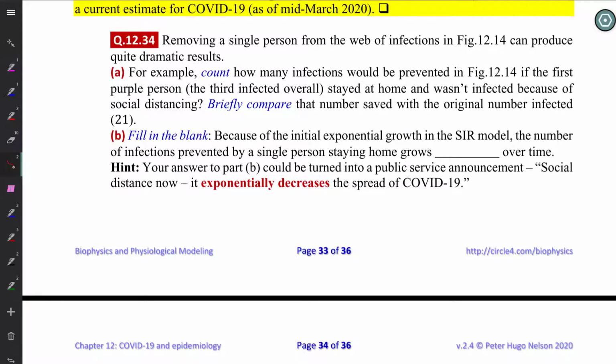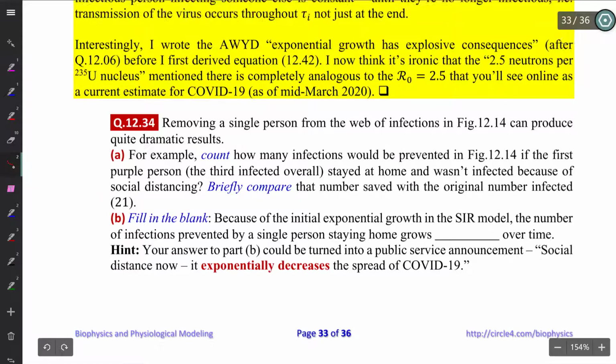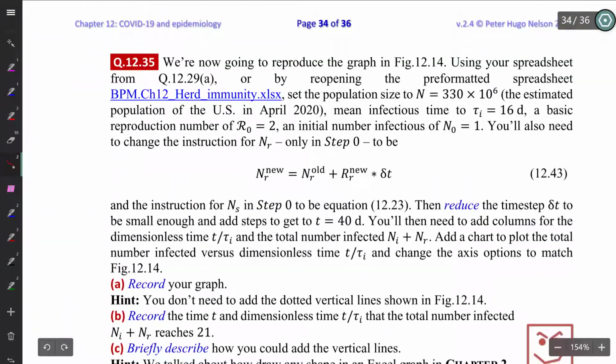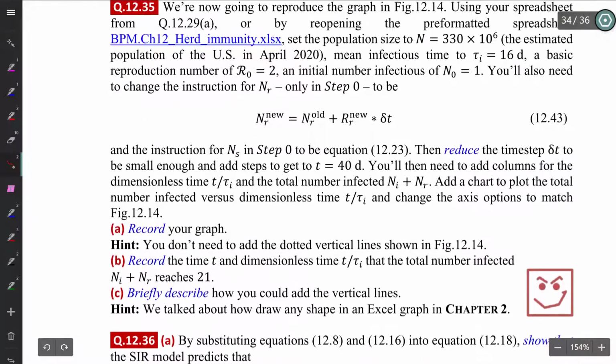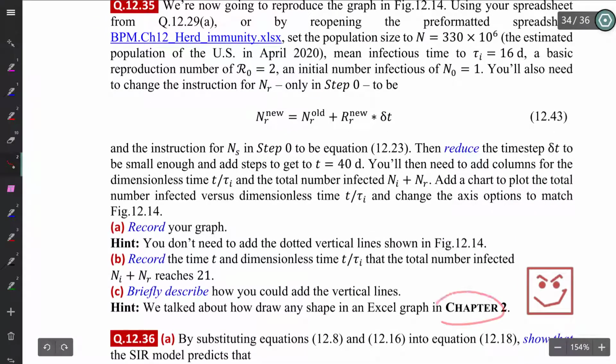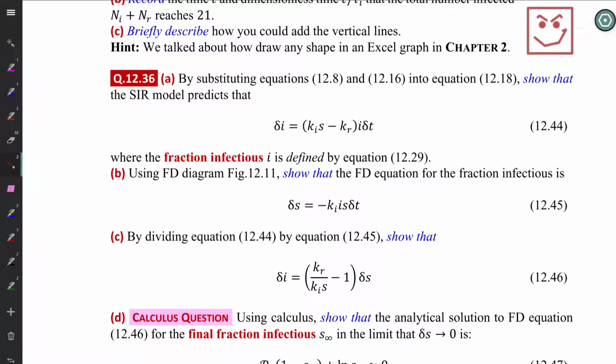Alright. Oh, and we have a public service announcement, so I think this is kind of fun. You should go through that. It's really a fairly straightforward little exercise. And then, so this is the herd immunity thing, and I talk about stuff and refer back to chapter 2 where we learned how to draw cool things in Excel graphs if you want. And then the explanation of how S infinity works is going through this, and I kind of would like to